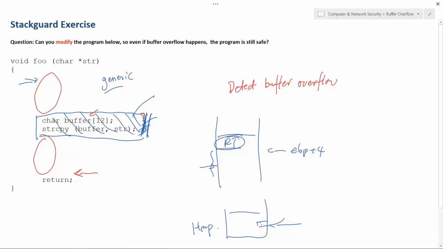Okay, and so this is one solution. There's another solution, but they all relate to putting something in another place, and then comparing this with that value. Whatever that value is, if they're the same, then this is not modified. If this is not the same, then this is modified. Both ideas are similar, but we will talk about that.